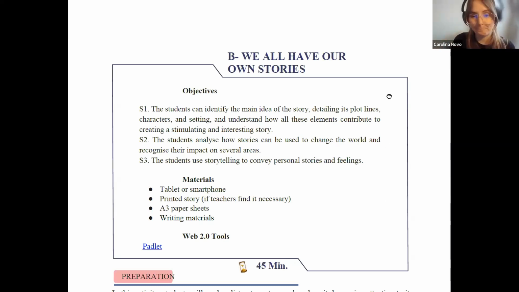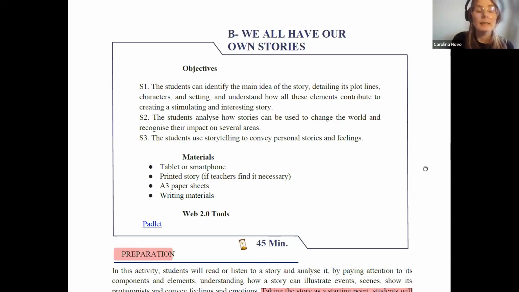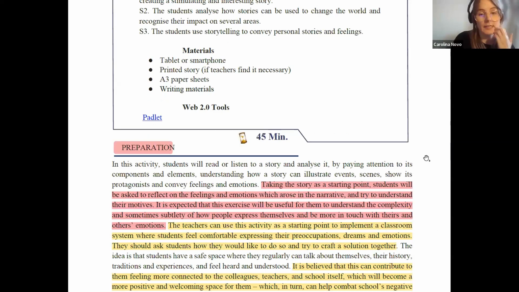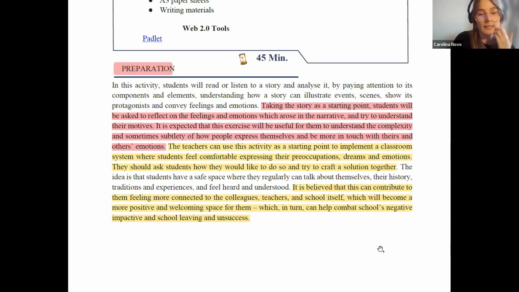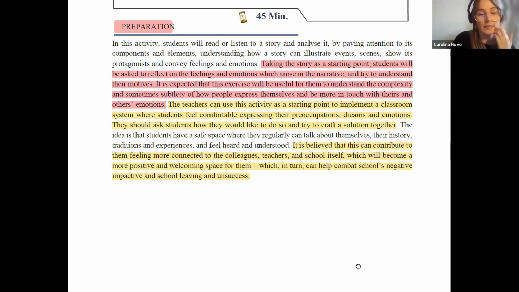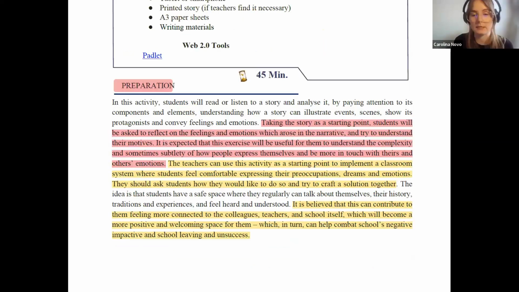So this activity is focused on a story. They can hear the story, so in the digital part, which I will show you later, they have an MP3 file with the story they can hear, but they also have the written story, so it can be printed and read in the class. So they read the story or they hear it, depending on the application.